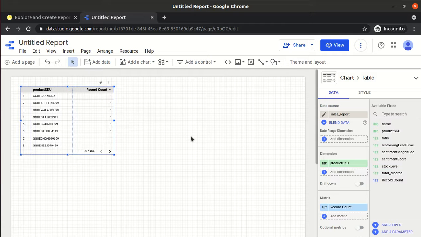Okay, so the table has so many column names, but as of now it shows only one column, the product SKU column, and corresponding to that it shows the record count as a metric, right?